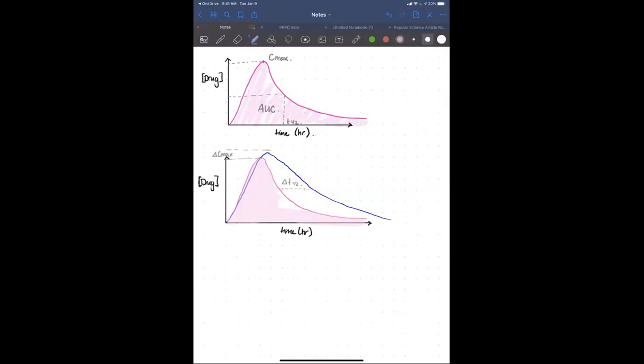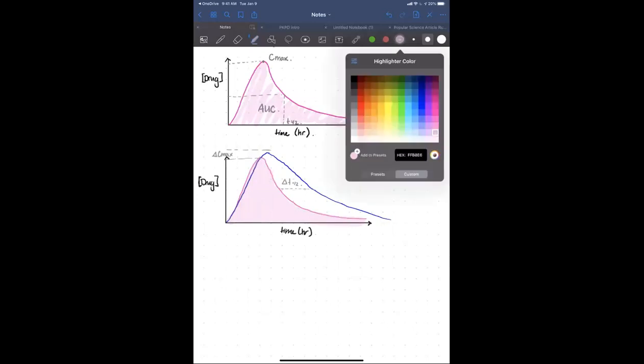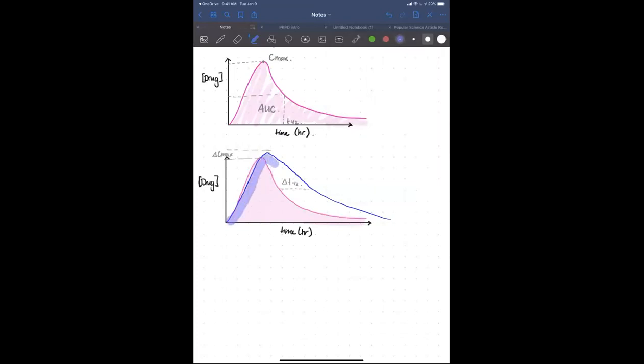So if this is our AUC for our patient that is a rapid metabolizer, and then this is our area under the curve for our patient who is a slower metabolizer, we see that there is a pretty big difference in how much drug that patient is exposed to after a single dose. And so this makes a big difference when it comes to the pharmacodynamics. So